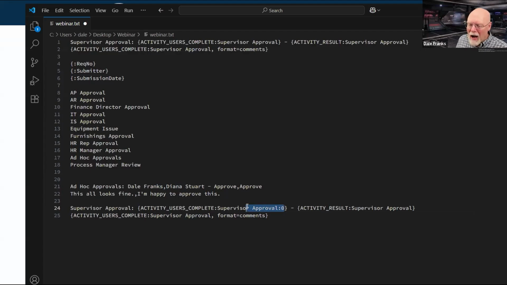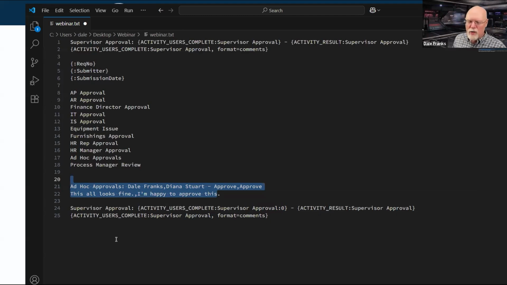I don't know how many ad hoc approvers that you're going to add. So the ad hoc approvals item on your email template is going to be problematic.